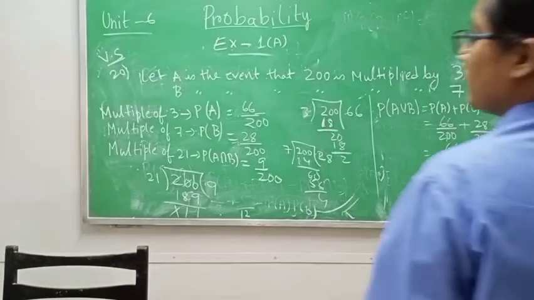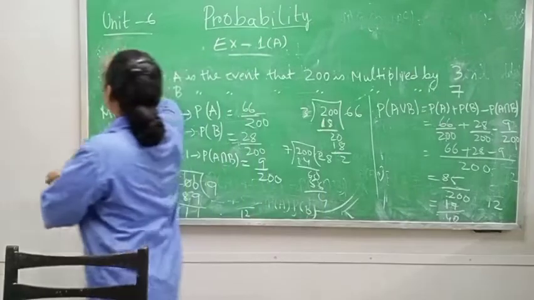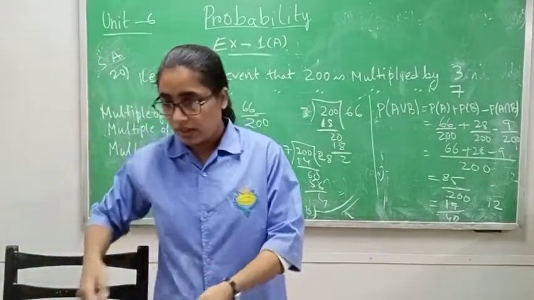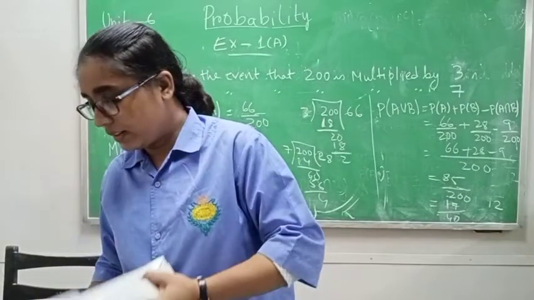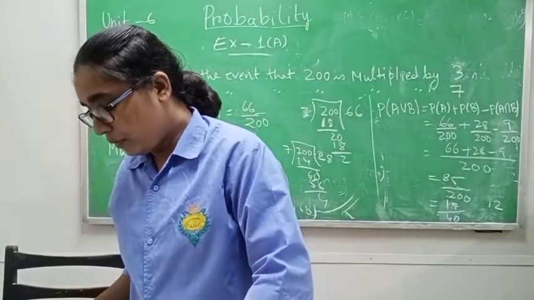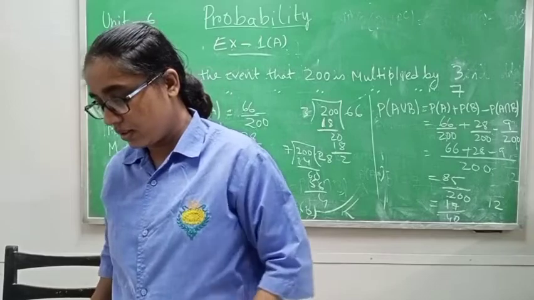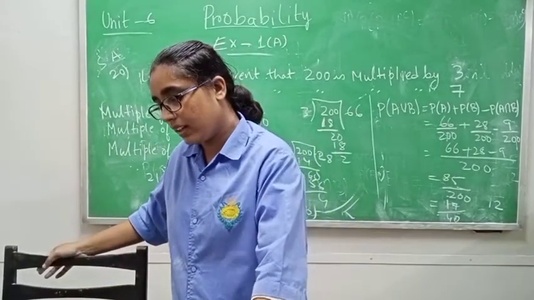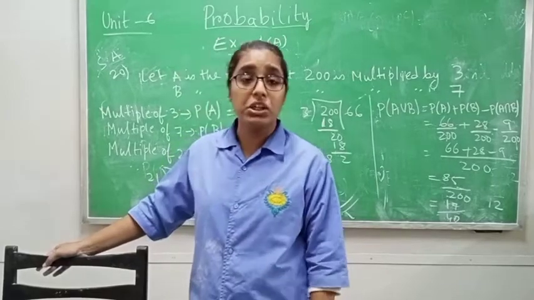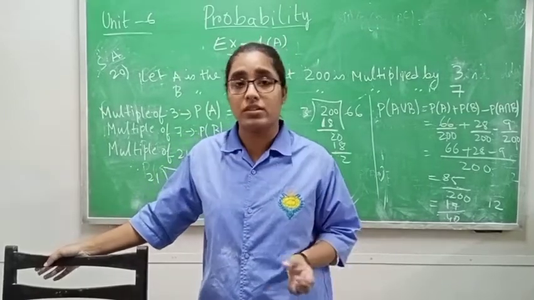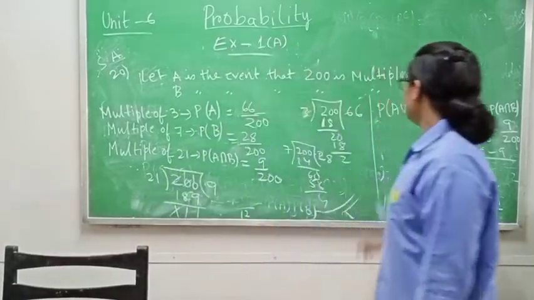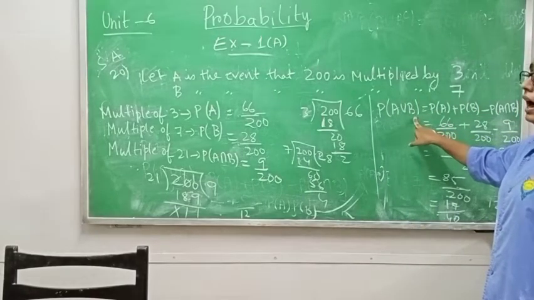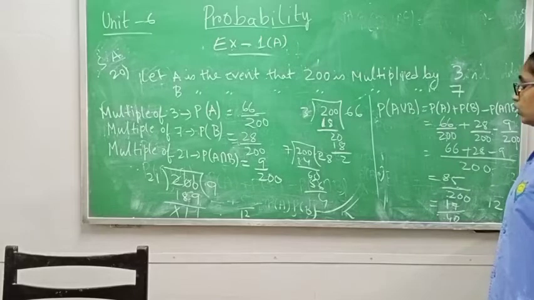Now Class 12, short answer question number 20. It is written in the question that from 200 tickets marked with the first 200 natural numbers, one is drawn at random. Find the probability that it is a multiple of 3 or 7. Or means you have to find A union B.